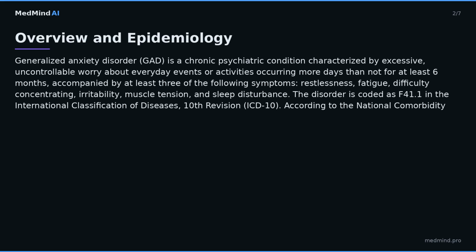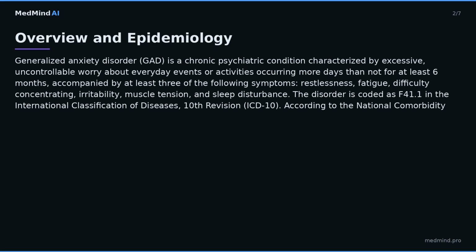According to the National Comorbidity Survey Replication, NCSR, the 12-month prevalence of GAD in U.S. adults is 2.9%, with a lifetime prevalence of 5.7%. Globally, the World Mental Health Survey Initiative estimates a pooled 12-month prevalence of 1.8% across 26 countries, ranging from 0.4% in Nigeria to 5.5% in the